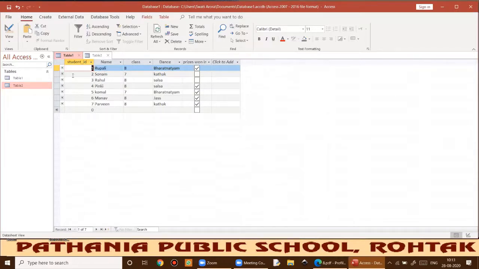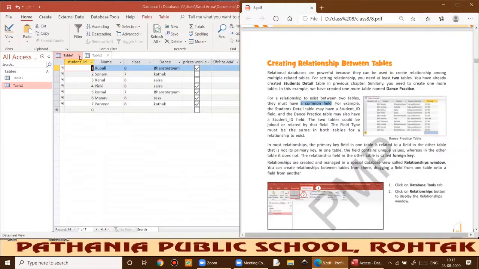Okay, so if I want to join them together, what I need to do is create a relationship between them. And see, 2 tables ko we can connect together only and only if they are having at least one field common. If I'm talking here, this table is about 6th class, this table is about 10th class, how can I connect these 2 tables? This is not possible. So we can connect the 2 tables together only and only if we have one common field in between them. At least student ID should be same, at least our name should be same, then only we can combine these 2 tables together.